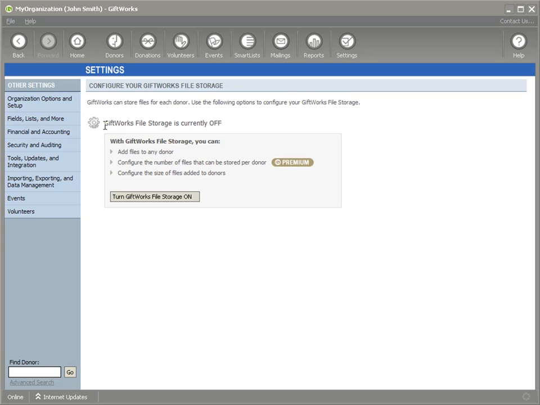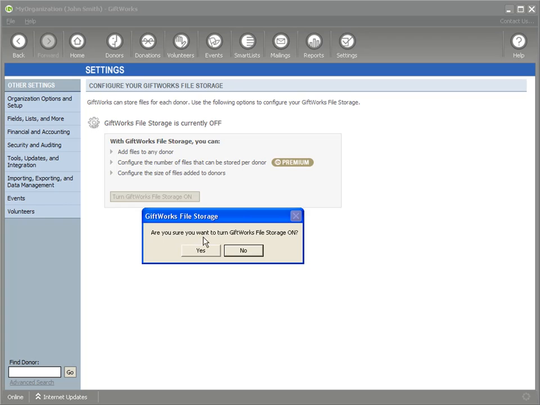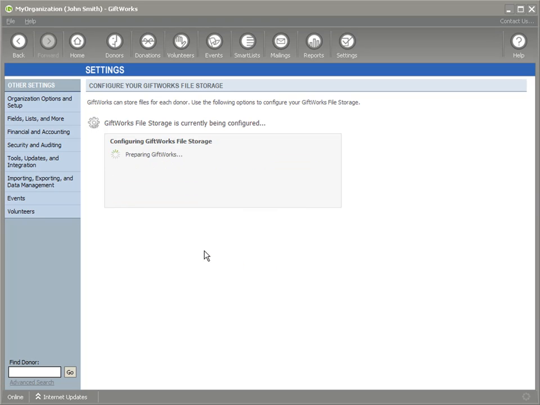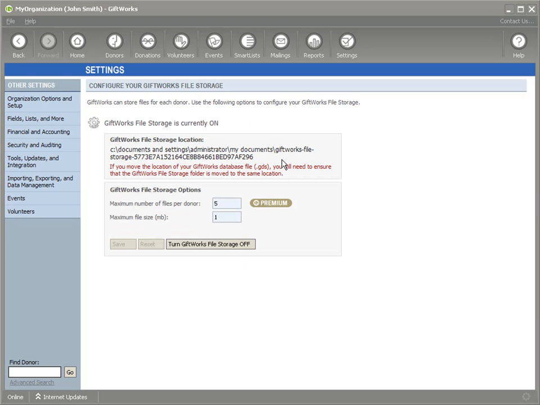I'll notice at the top it says that my Giftworks file storage is currently off. So I definitely need to turn that on to be able to store files. I have some basic things about what you can do when you turn on Giftworks file storage. I'm going to go ahead and click on turn file storage on. It gives me a warning. You sure you want to turn it on? Yes. Once I do that, it provides me some basic information about where my files are going to be stored,